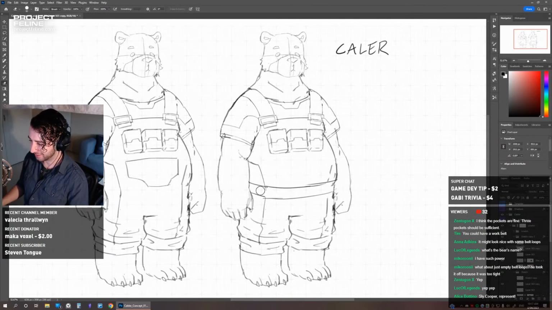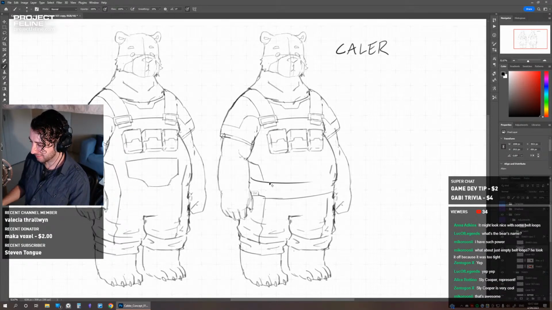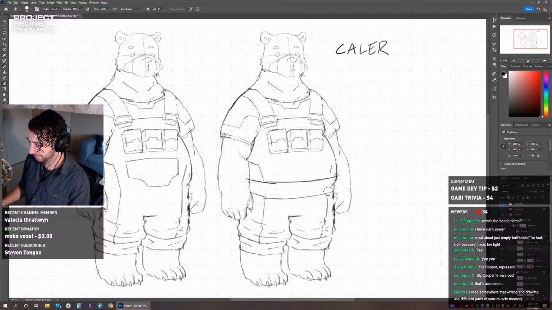So yeah, we'll make it thicker, we'll give it a massive thick belt. I got some feedback on his other design, and I noticed that people didn't like the glowy bits on Calder, so we're not going to do any of that neon glow stuff, because his old belt had a glow on it that people didn't like.